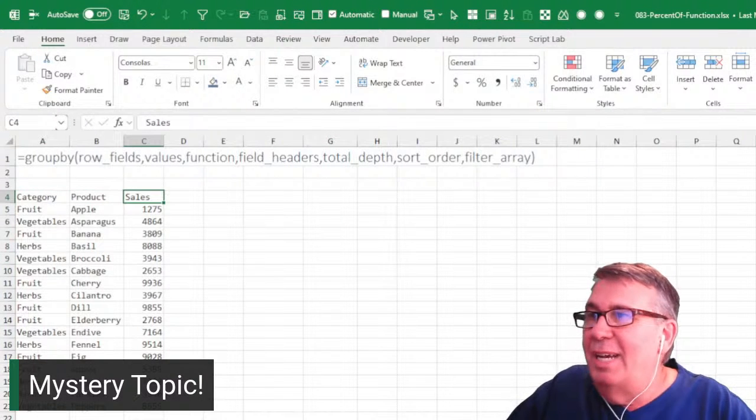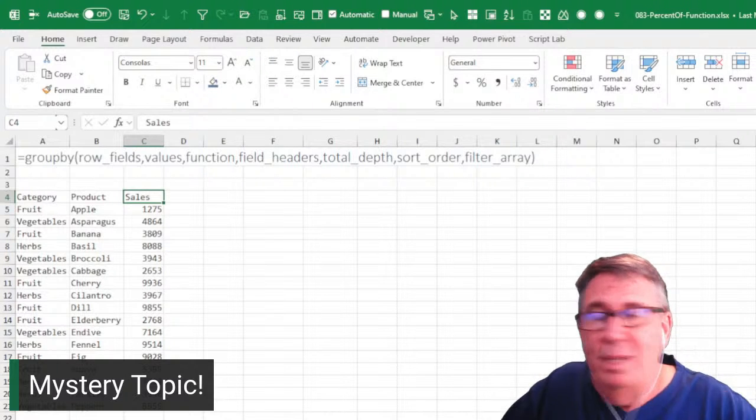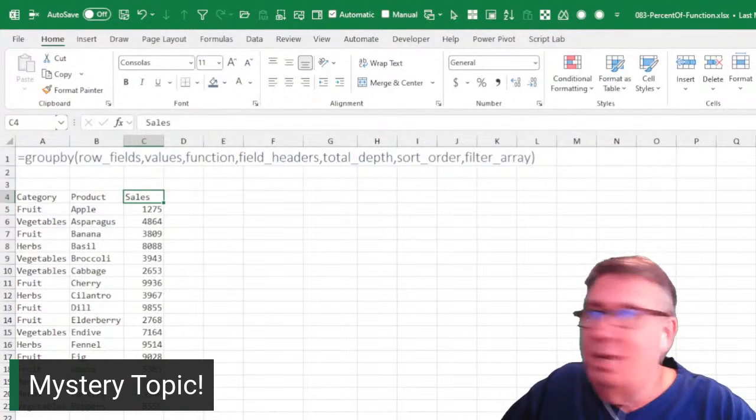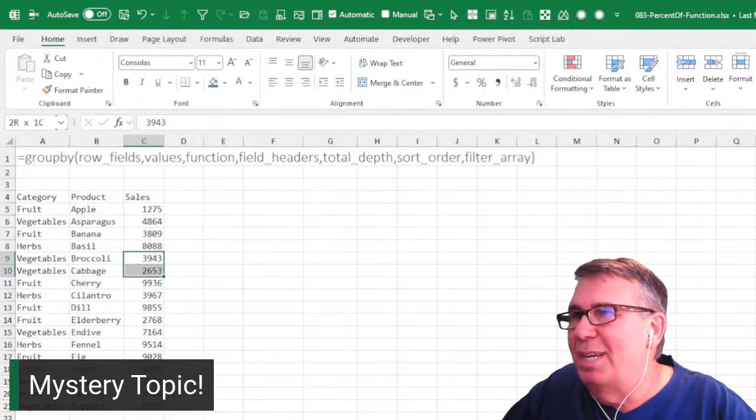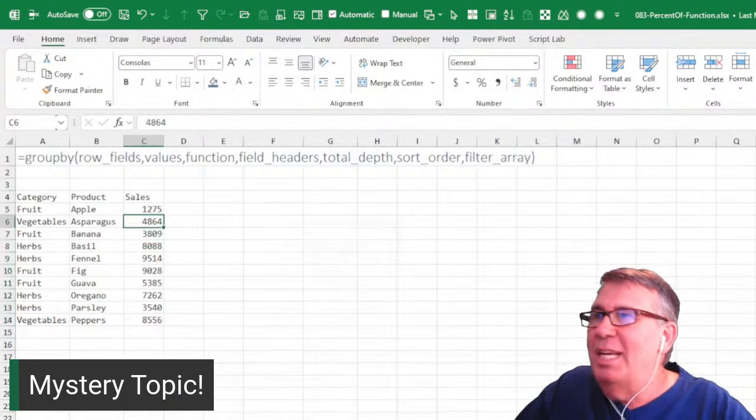category, product, sales, and then for each item, I want to show the sales as a percentage of the total. Normally, we're just going to get rid of some of this data so it all fits in the zoomed in version. It's fake data, it doesn't really matter. So to get at the percentage of total,